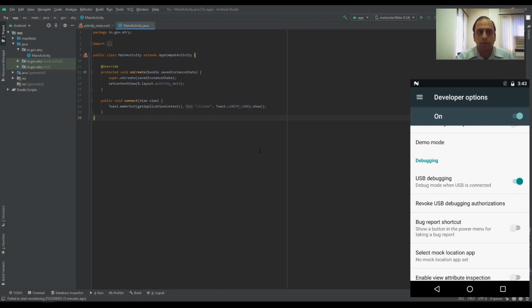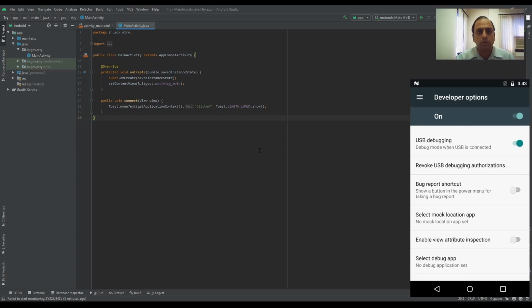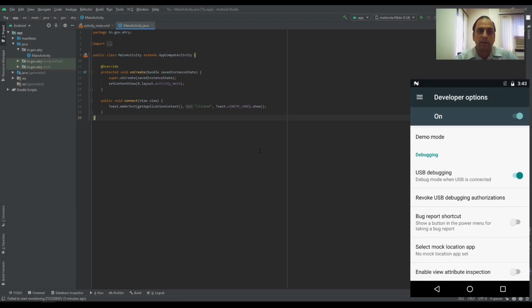You accept that warning, you click OK, and if you are using Redmi mobiles, you also have to disable the verify apps over USB option, otherwise you will not be able to run the apps from PC to the device.